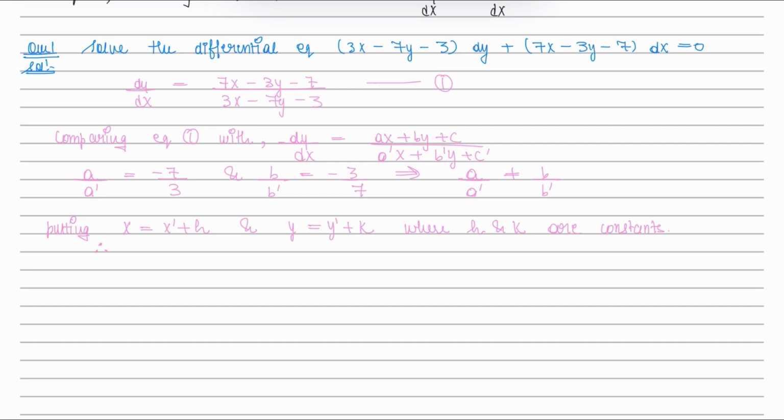Therefore, the value of dx will be dx dash, and the value of dy will be dy dash. The equation number 1 will become dy dash upon